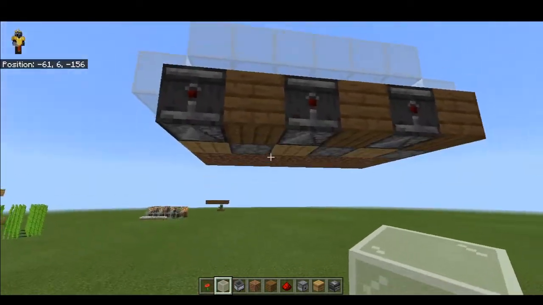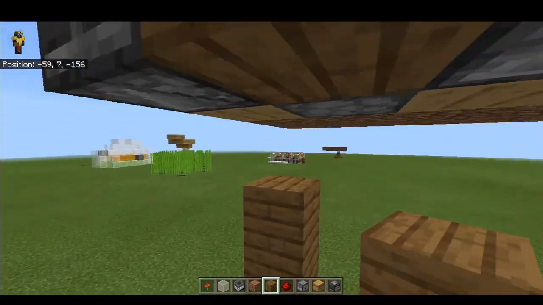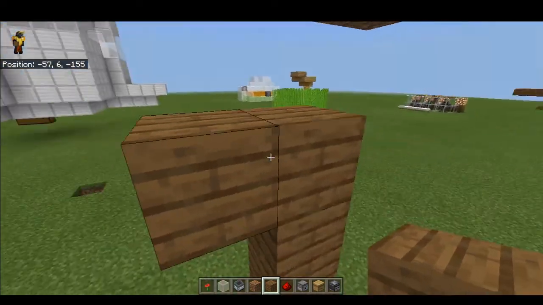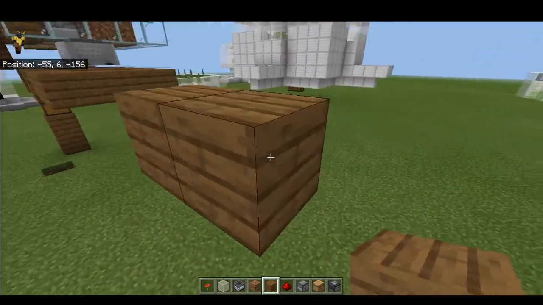So what happens after this, in the collection method you are going to be using redstone, no, not redstone, I mean you are going to be using minecarts. So it's like this. If you are going to be using just two, then you can just make a loop over here like this,